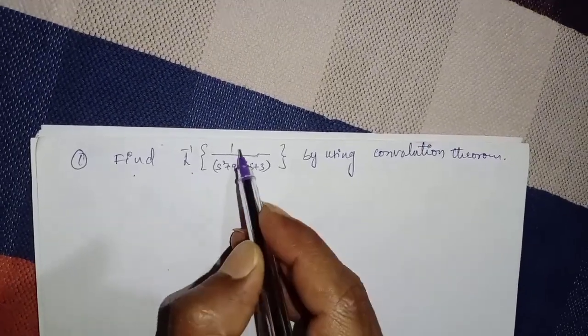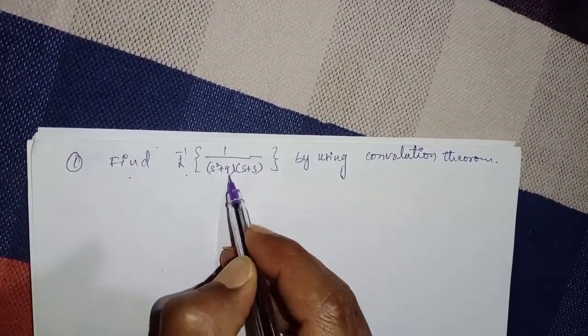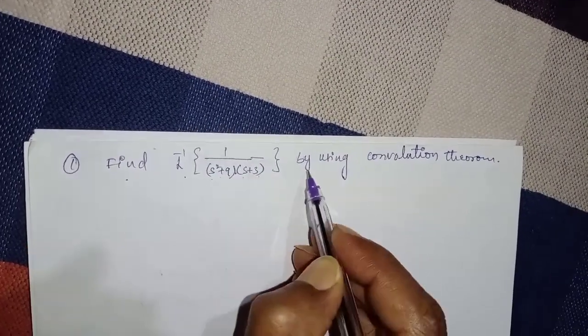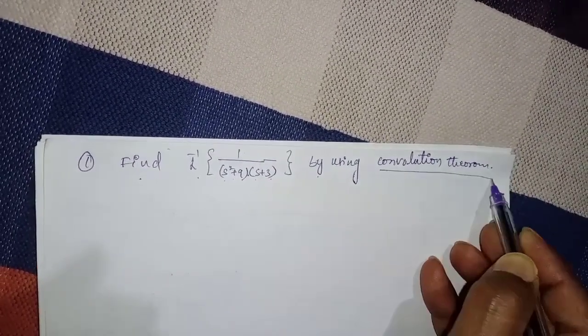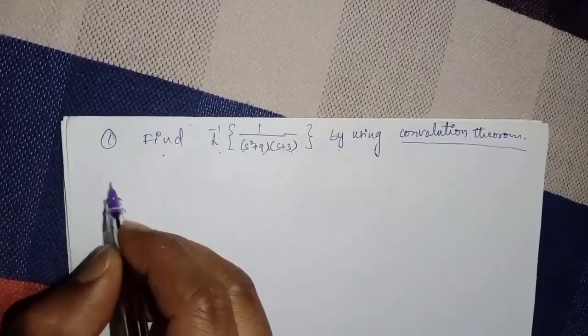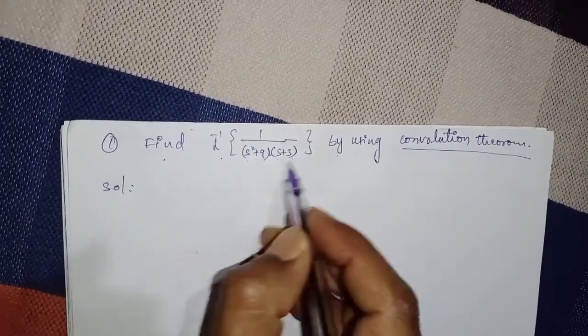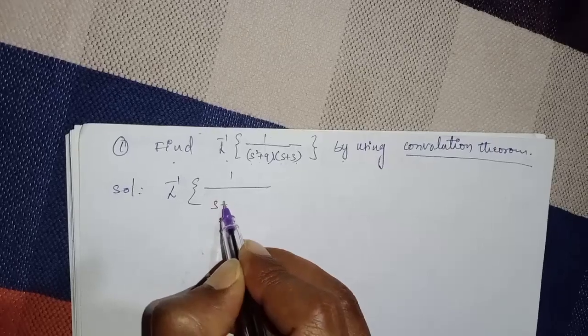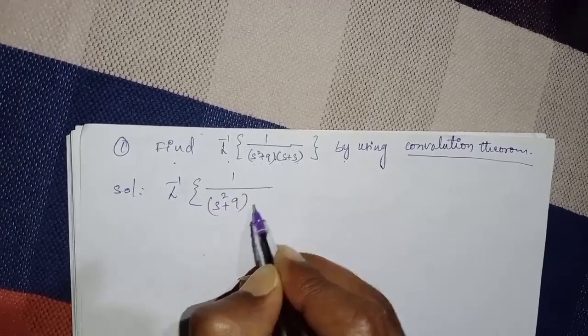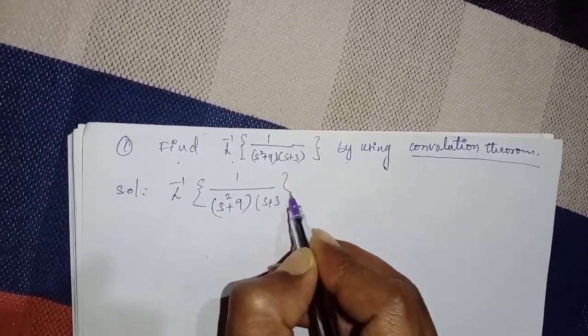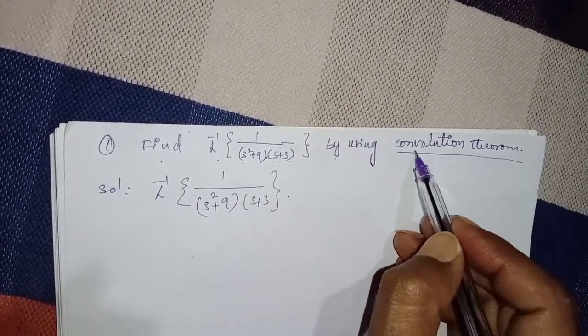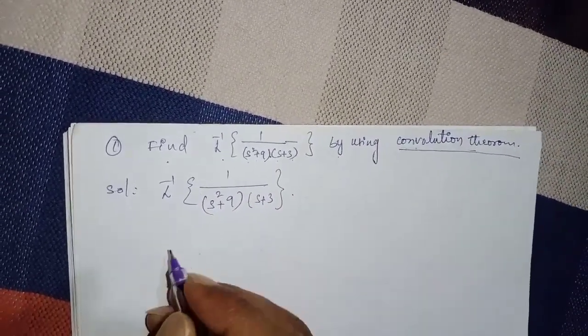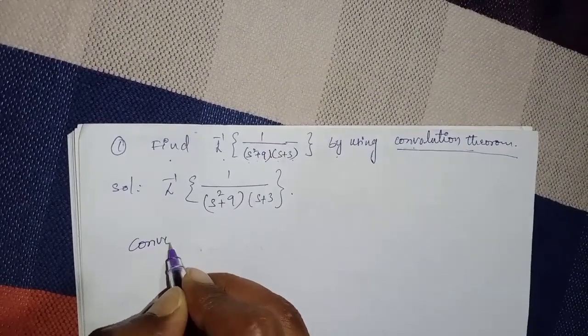Find L inverse of 1 upon (s square plus 9) into (s plus 3) by using convolution theorem. So solution, first of all write down this question: L inverse of 1 upon (s square plus 9) into (s plus 3). See, we can solve this by using convolution. Convolution theorem is